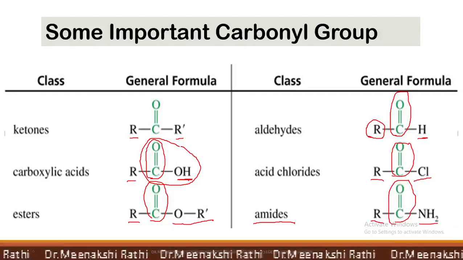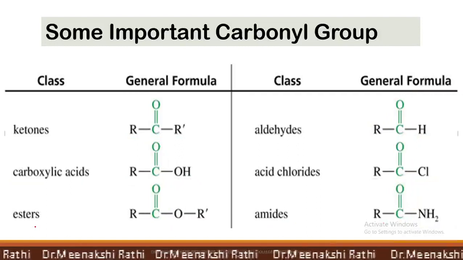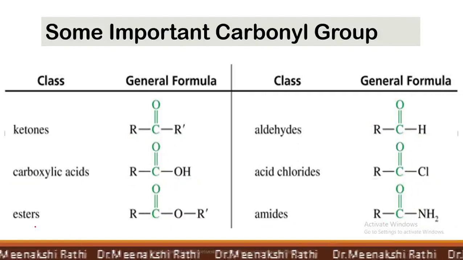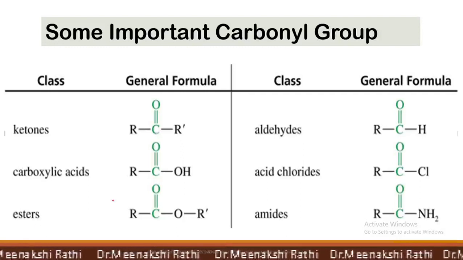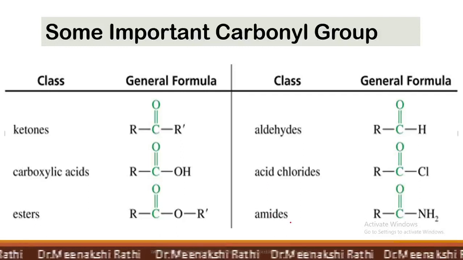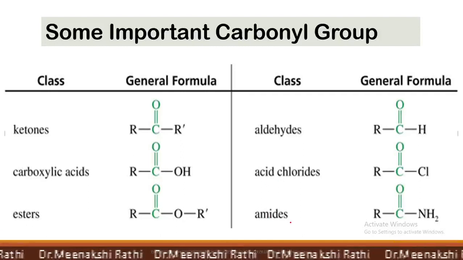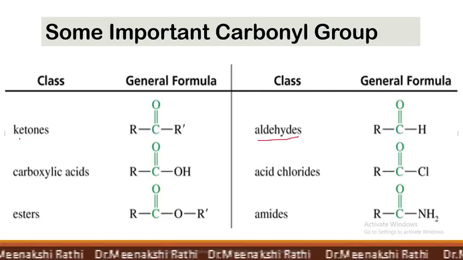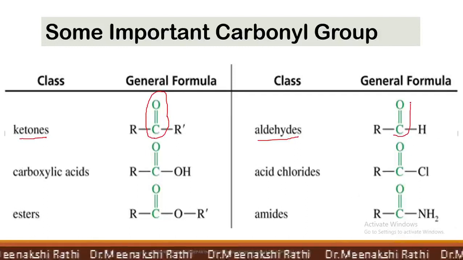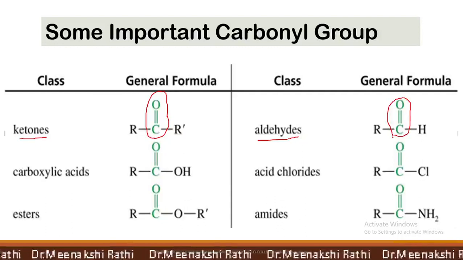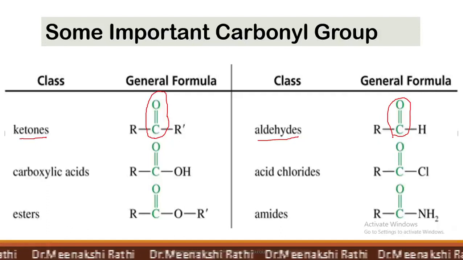So there are various organic compounds which contain a carbonyl group. But along with the carbonyl group, they also contain some more functional groups. So carboxylic acids, esters, acid chlorides and amides, though they contain carbonyl groups, are not considered as carbonyl compounds. Only aldehydes and ketones contain the carbonyl group as the main group. So these are considered as carbonyl compounds, and we are discussing aldehydes and ketones in this chapter.